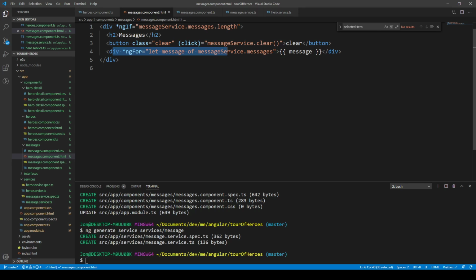There'll be a div and every message in the array will be output in a div, and there's also this click event that will clear the